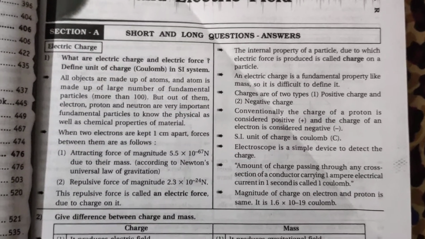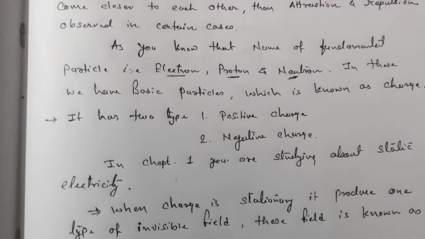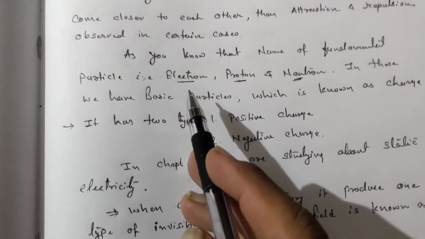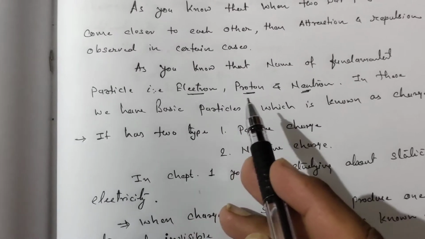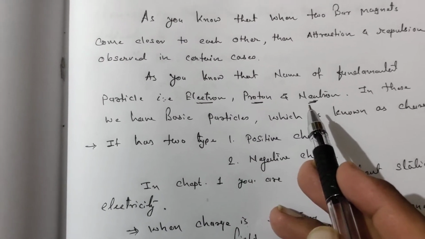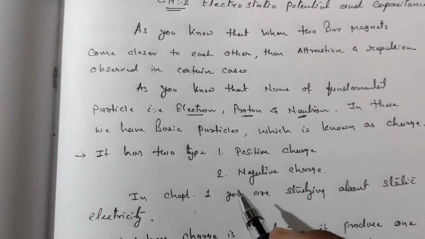Okay, but in physics we are considering only three fundamental particles, which are electron, proton, and neutron. As you know, the electron is a negatively charged particle, the proton is a positively charged particle, and the neutron is a chargeless particle. Okay, now here we have some